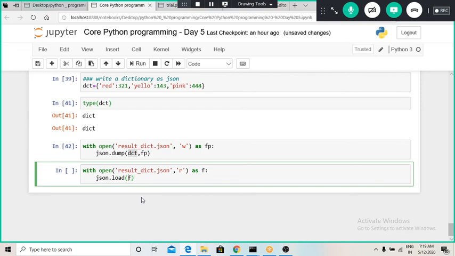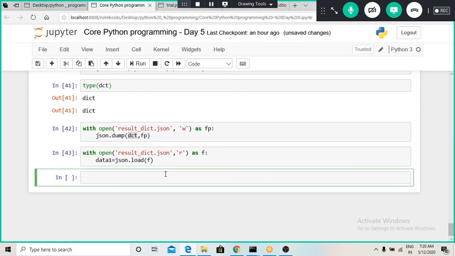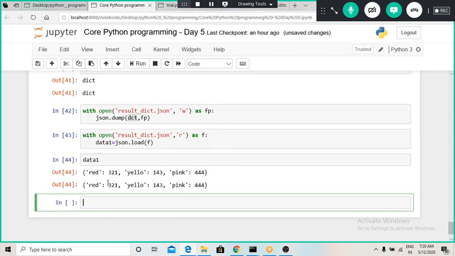After json loads that particular file, it has to be assigned to some variable. For that I will use the variable name data1, and now it has imported that particular json file which was stored in the current directory, and I will print whatever I have imported. So it is the same dictionary which I have written.